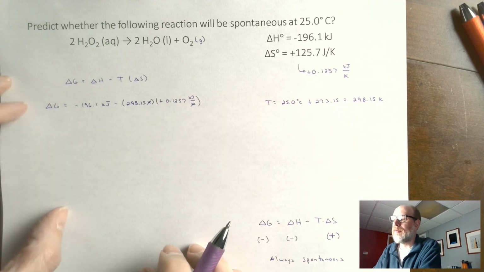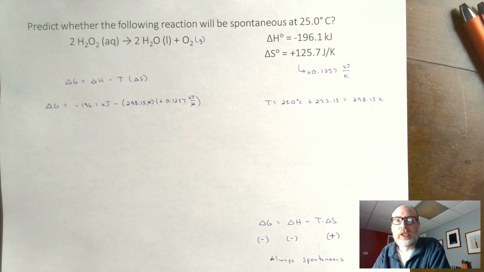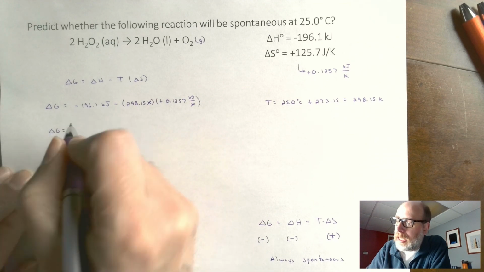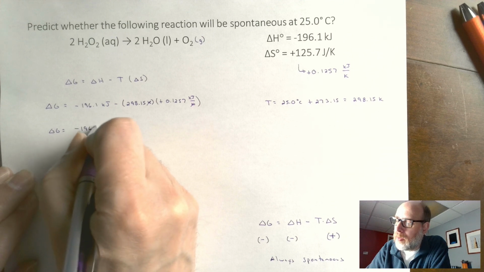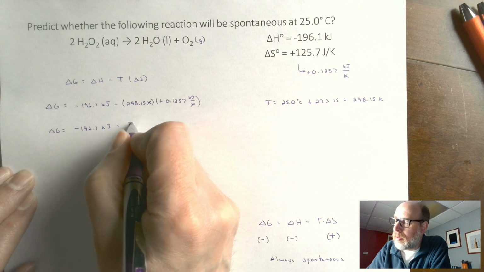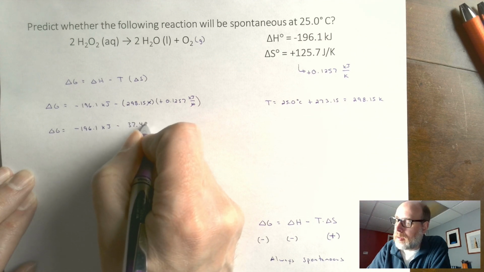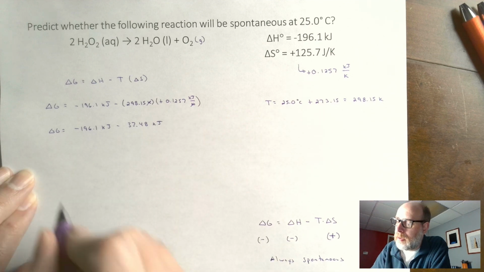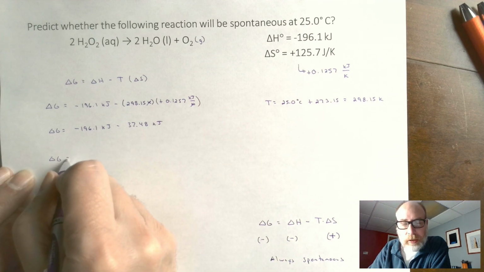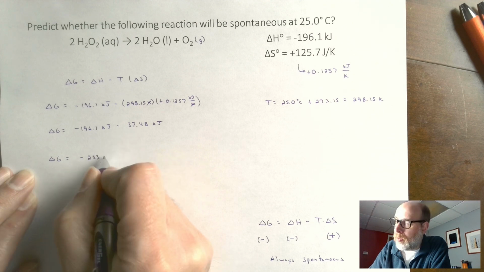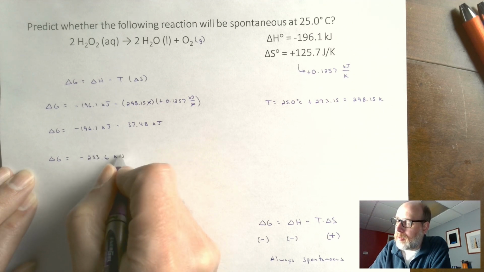Kelvin crosses out. Now we're going to be left with a free energy change in kilojoules, and so we get the free energy change is minus 196.1 kilojoules minus 37.48 kilojoules, and the free energy change is minus 233.6 kilojoules,